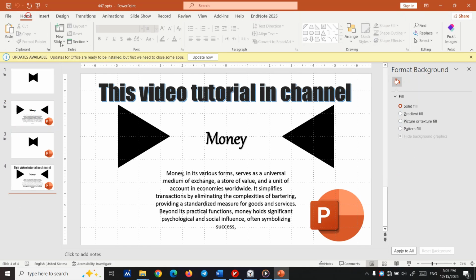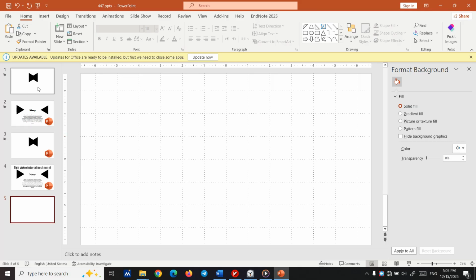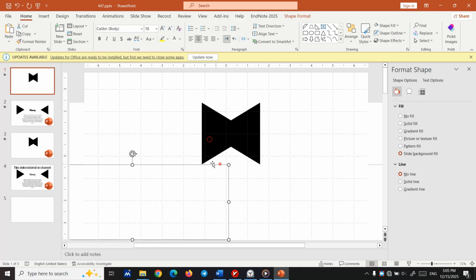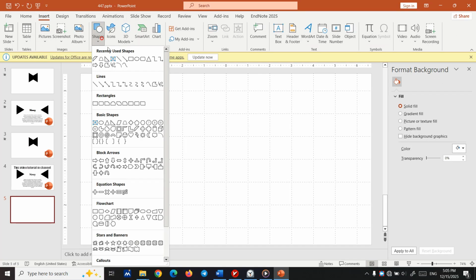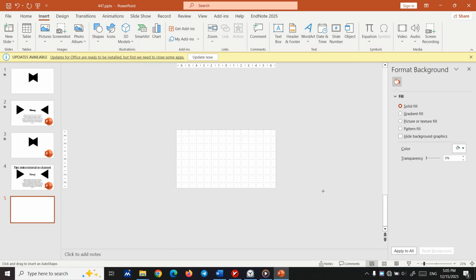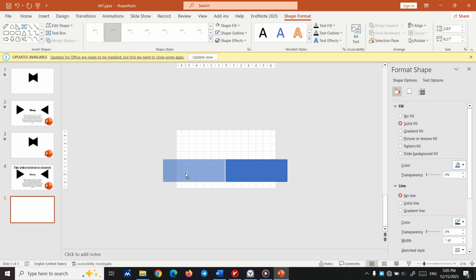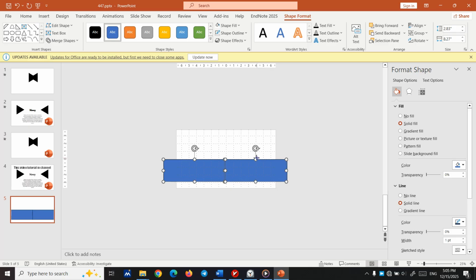At first, we need to insert a slide as always. In the slide, we need to create these two shapes. But the important thing is that we have some shapes in the slide that are not visible. So I'm going to create them at first. This is the first one. And this is the second one. Now I'm going to